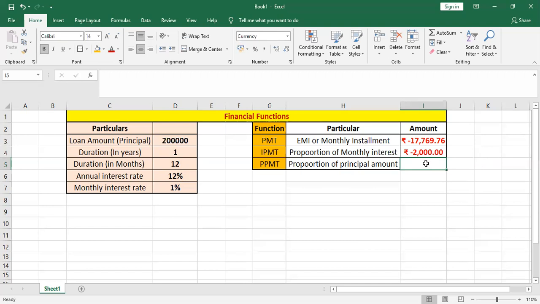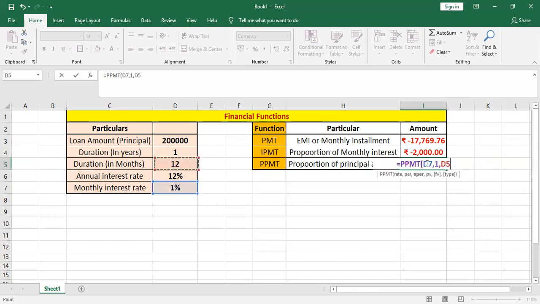How much principal amount among the loan amount that we have taken do we have to pay? So that is the proportion of principal amount from the EMI, simply equal to PPMT, tab to select the formula, again rate. Now you can just go as per period. Again we want to have it for the first month, right? Then there is NPER, that is 12 months, again comma, and then principal value. So principal value will be 2 lakhs, right? I'll just complete the bracket, and that's it.